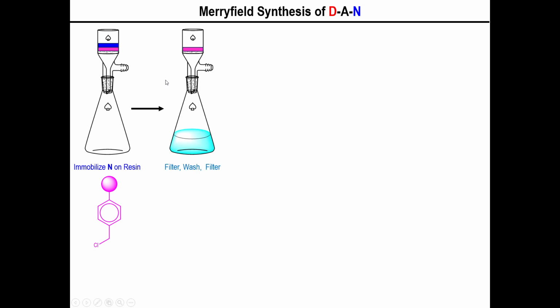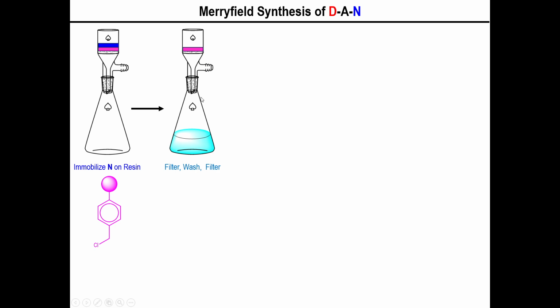And so you have your solid support on this frit. Okay, so this is your solid support. Then you add the last amino acid, which in our case was asparagine, and you immobilize it just by having those two groups reacting with each other via the SN2 reaction. Then, after the required time, you have to wait a few minutes for this to be done. But right at that point, you just filter all of the solution,